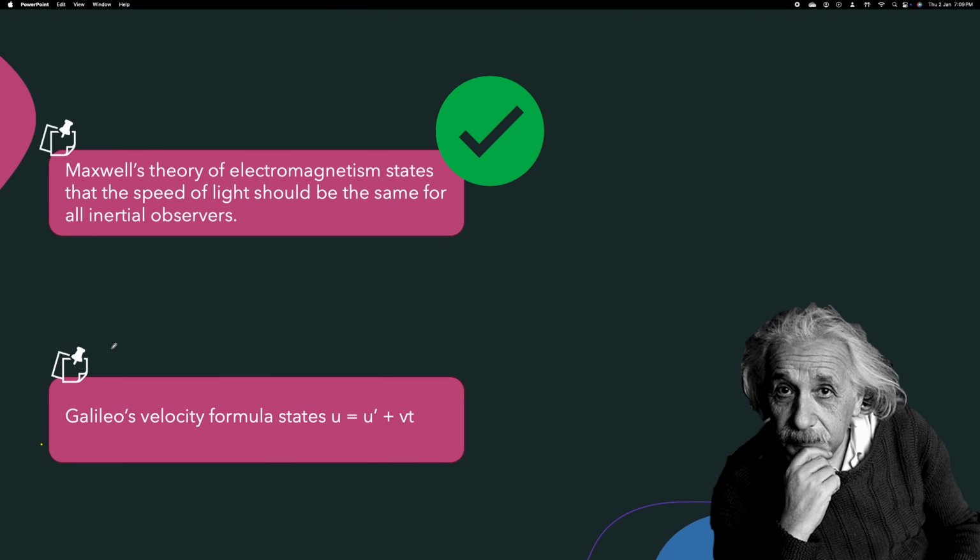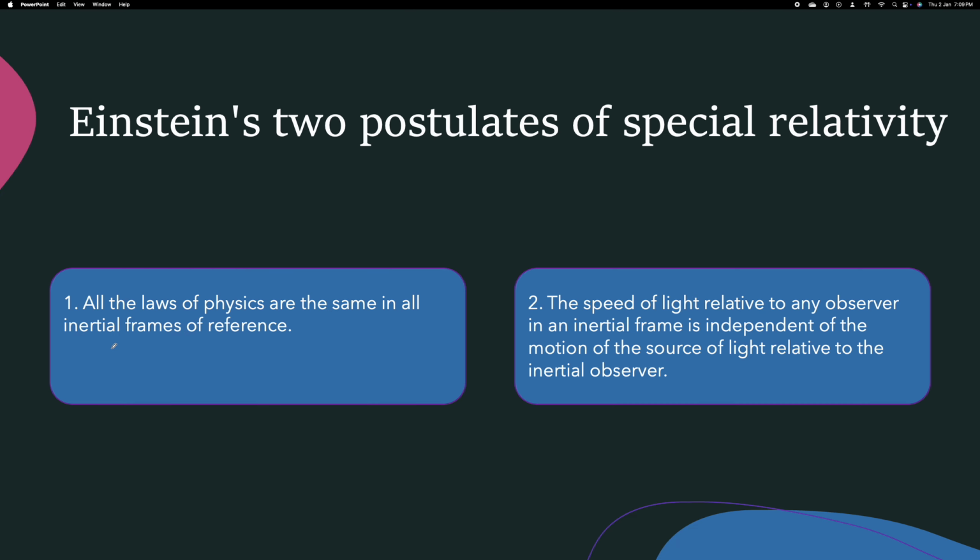Then what should Einstein do now? So Einstein said, we have to revisit. We have to make some changes to the Galilean transformation formulas, and then he finally came up with two popular postulates of special relativity. First one, which is pretty much the same as the old one in a sense. First postulate of Newton or Galileo,